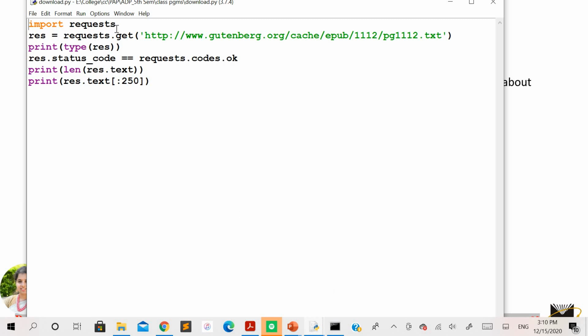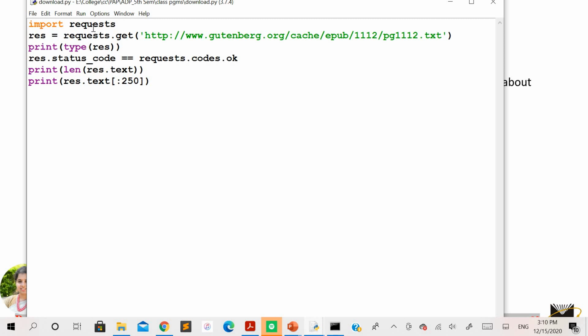Suppose while executing this example you get an error like module not found, requests. In that case, you first need to install that module from the internet. How do you install any module? It is pretty easy with the help of the pip install command. You need to open the command prompt and run the command pip install followed by the name of the module, that is requests. Once you have done that, you can directly import that module into the file.